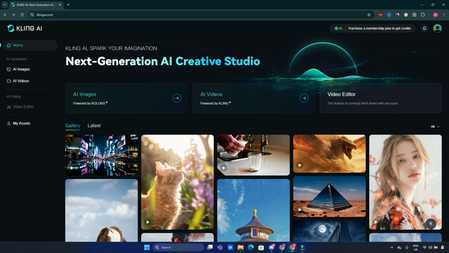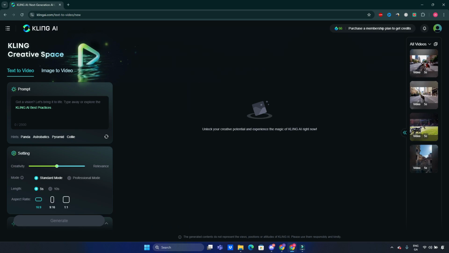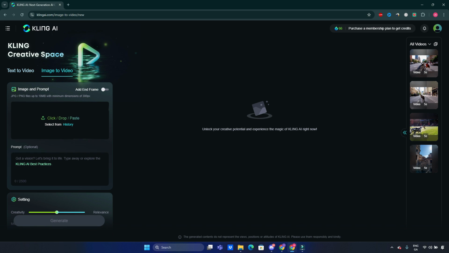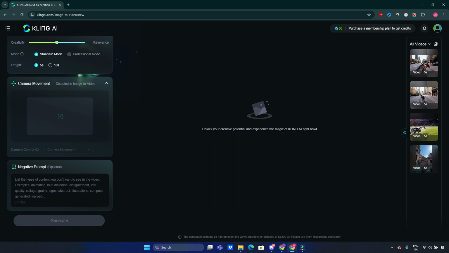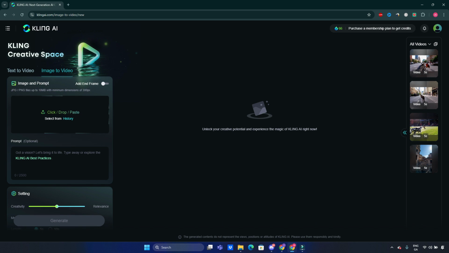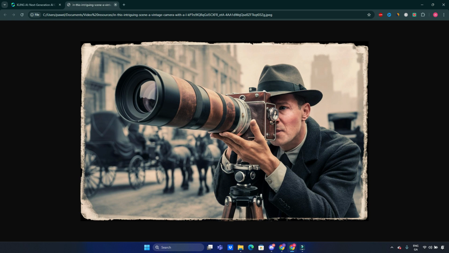To do so, we just need to click on this AI video button here. Once we are inside, there will be an option, not text to video, but image to video. This is the option we need to choose if you want to create a video based on an existing image. The second part is we have to drag and drop the image inside